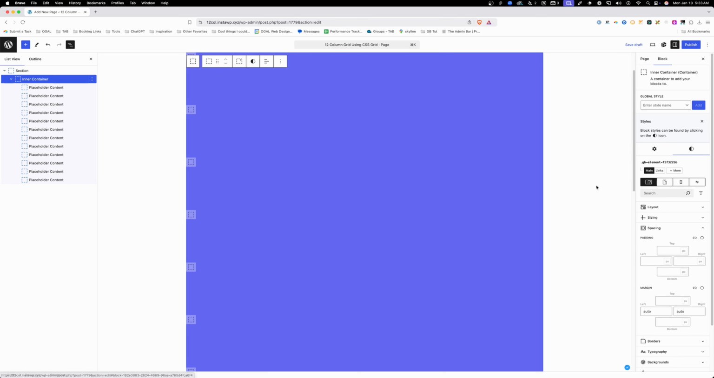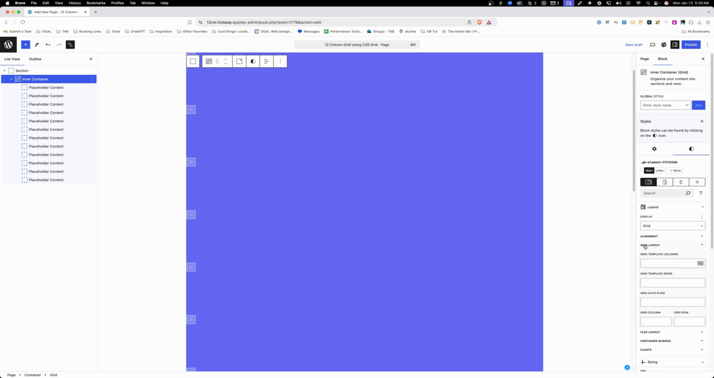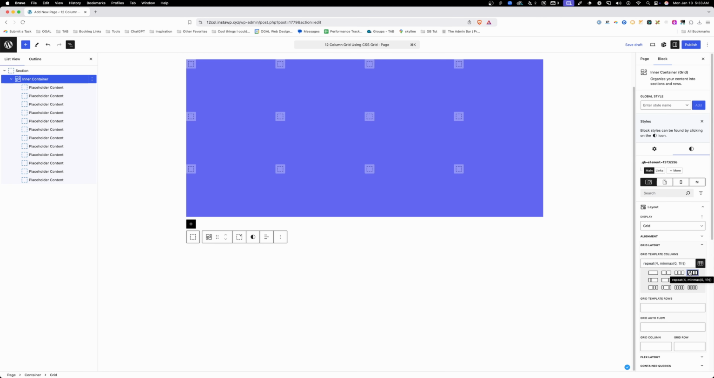So we'll go back to our inner container here, and under layout, we're going to change the display from default to grid. Now nothing's going to change immediately because we need to set up how we want our grid to be structured, which can be done here under the grid layout. Now by default, GeneratePress gives us a few different presets, and if we click on any of these, we'll get a 3-column grid or 4-column grid. In our case, what we're after is a 12-column grid, and there's no preset for that,